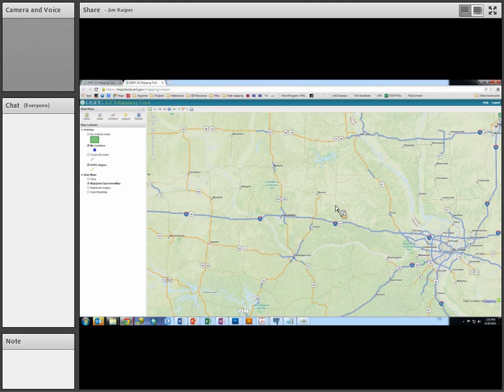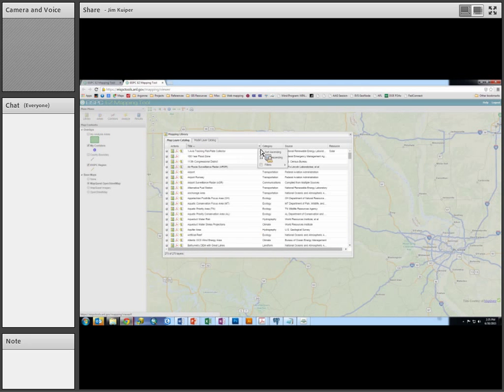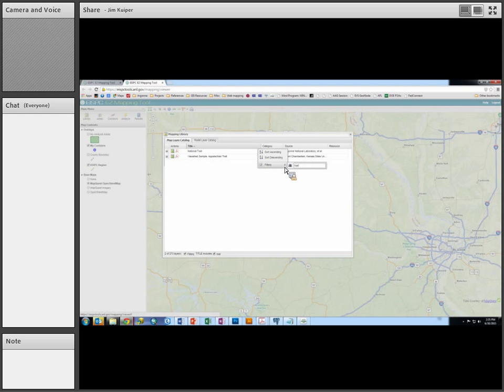So one of the major concerns going into the study that we're doing this year has to do with national trails. This is funded by the Department of Energy, the federal government, and one of the things that they encounter as a challenge for transmission is crossing national trails. Both transmission lines and national trails are large linear features on the landscape, and they have almost opposite management goals. So if I add national trails to the map,